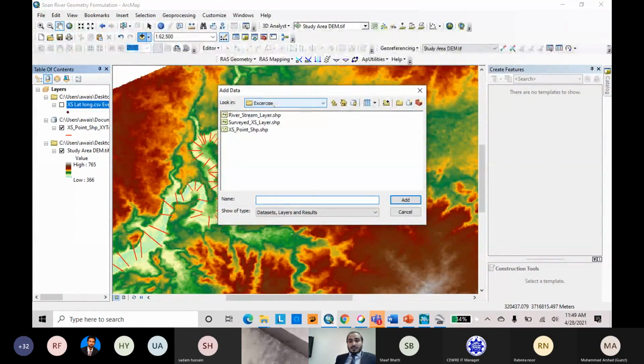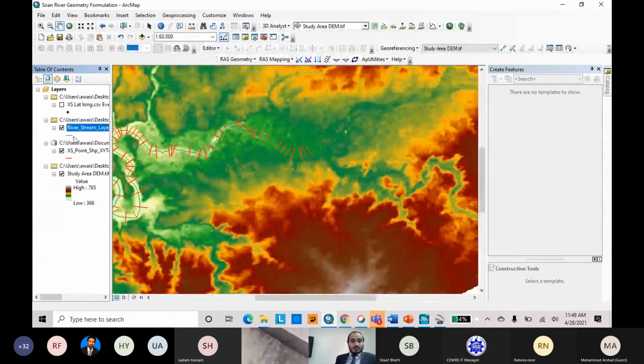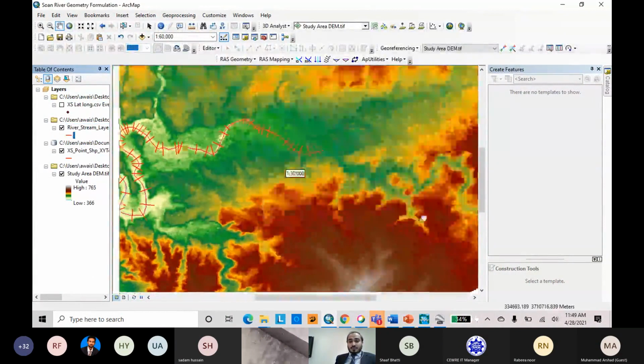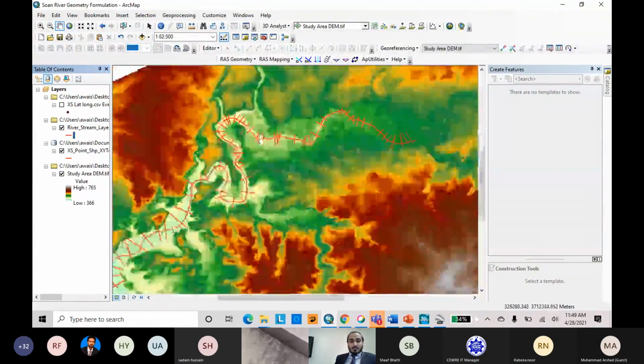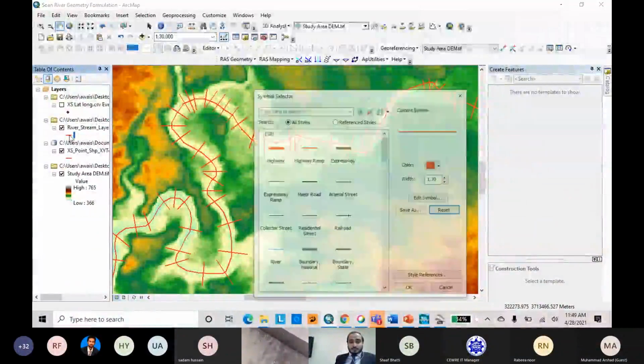Here we have saved in the exercise. These are the stream central line. You can see you have added it here. These are the layers. You can use them in other tools or software. You can export it. You can copy paste anywhere. But the first file will not be in your use.